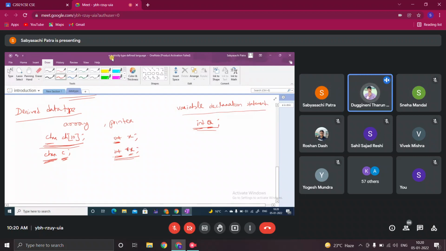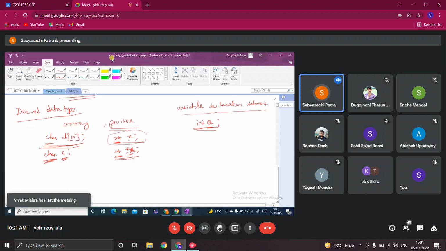Sir, what does star indicate in star x? Star indicates that x is a pointer variable, or a derived data type. Star signifies the pointer variable. Actually, star has multiple meanings. In some places we use star as a multiplication operator, but here star indicates the pointer variable. When we discuss pointers, we will go into this in detail. For the timing, just understand what we mean by derived data type.